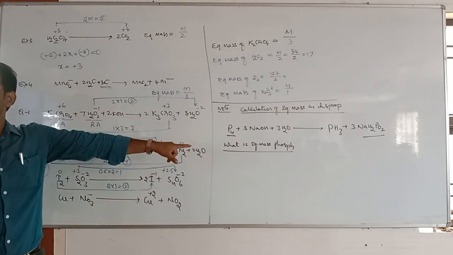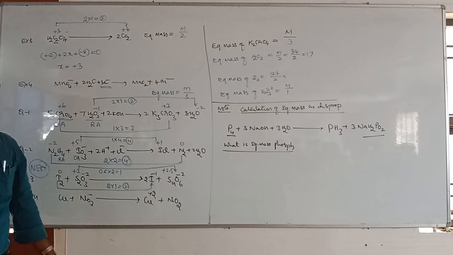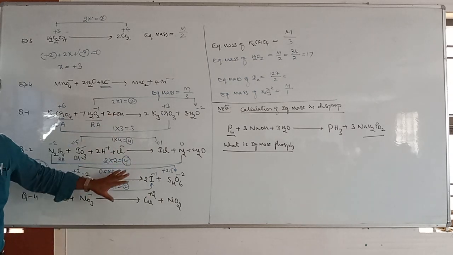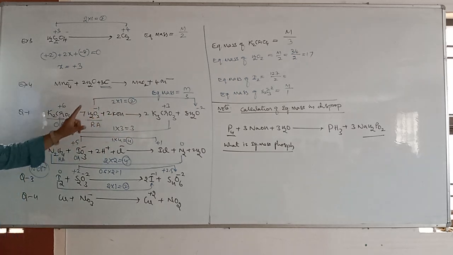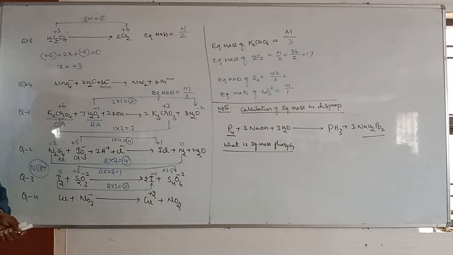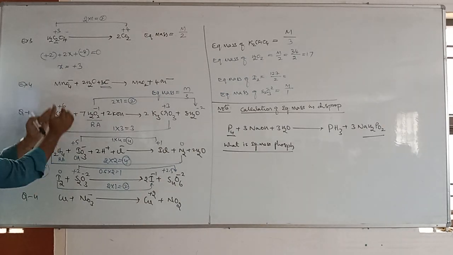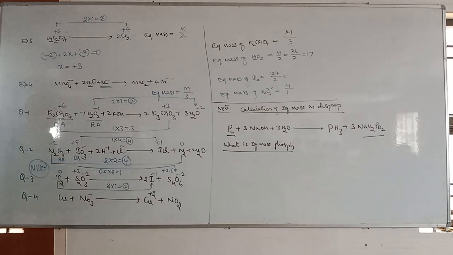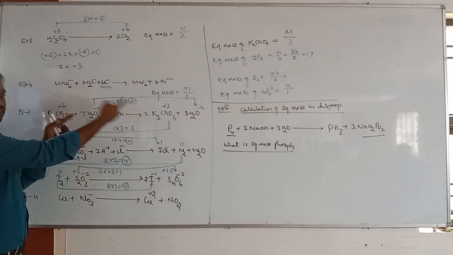But in this case, see, in the previous examples we studied a single element that may undergo oxidation or reduction. For example, take only K2CrO4, where chromium undergoes reduction. When it undergoes reduction, it gains electrons. Therefore its molecular mass divided by the number of electrons gained is the equivalent mass. Since here H2O2 undergoes oxidation.